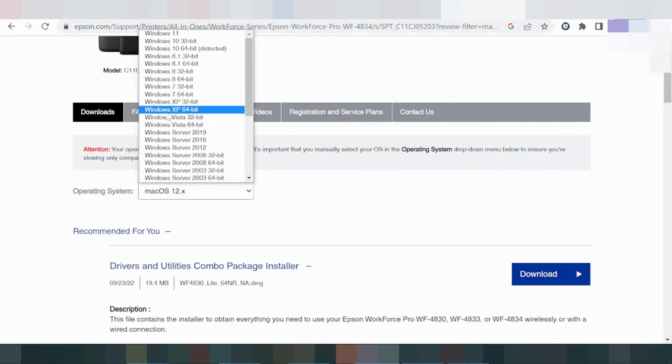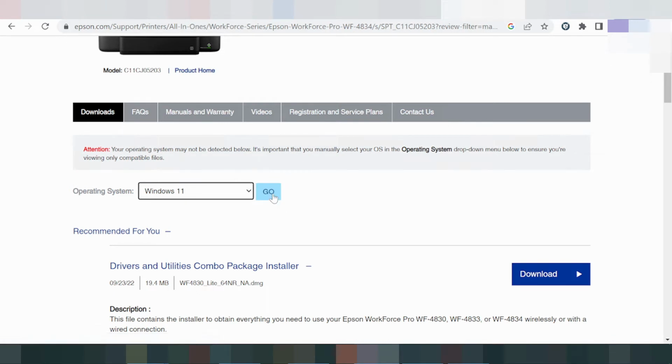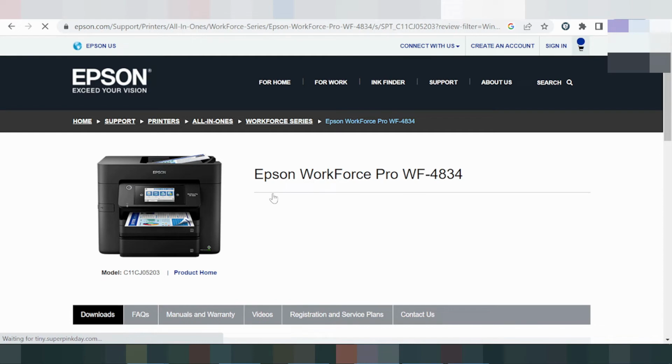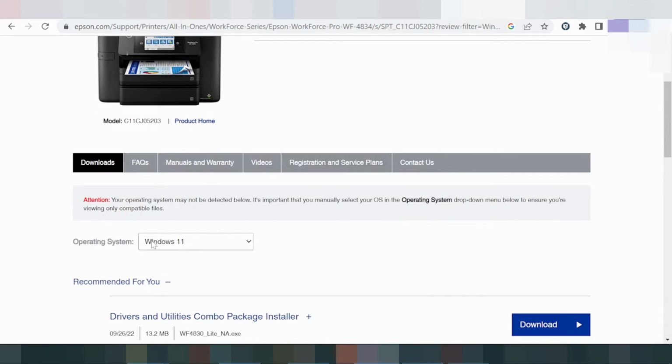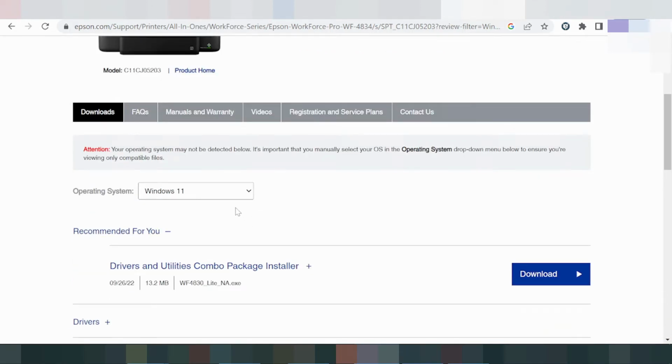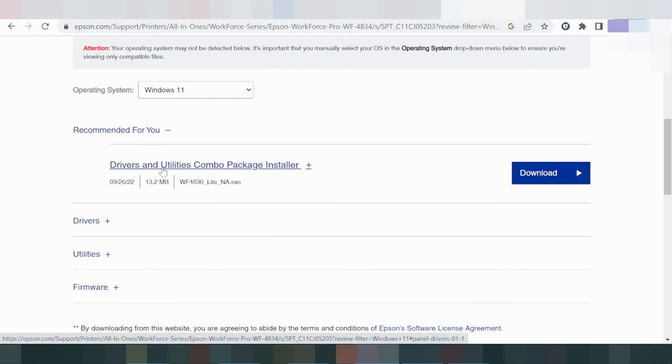In this video, I need to download the driver for Windows 11. Select here for the Windows 11 driver, and you click go, and please wait. This here is the Windows 11 driver, and the recommended driver for you. This is the driver and utility combo package for installing on